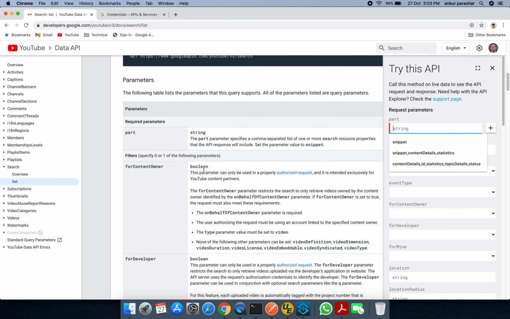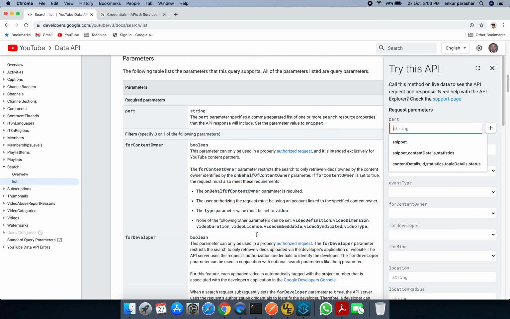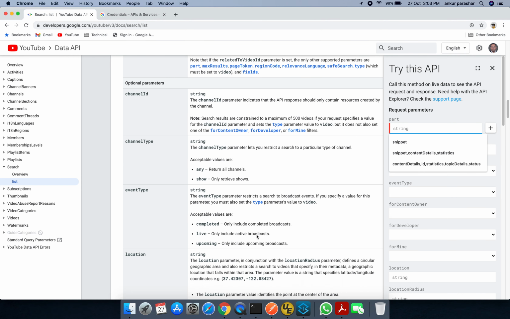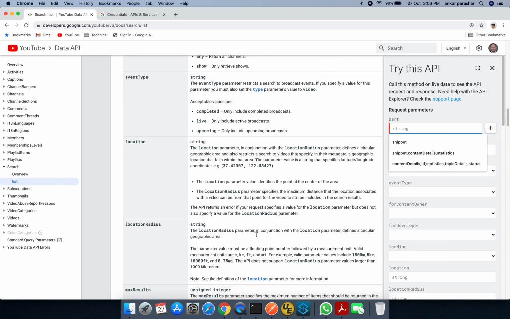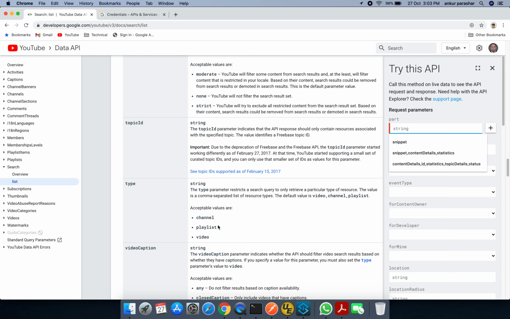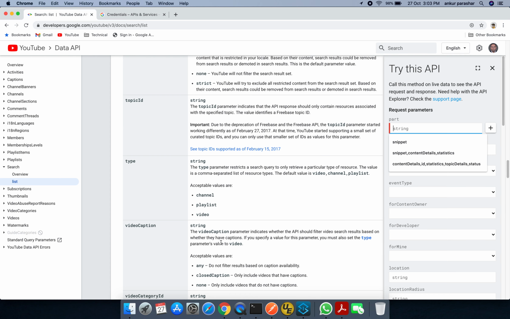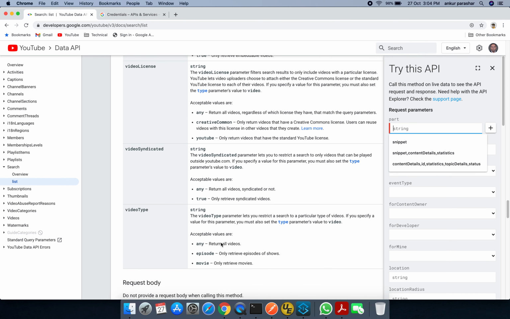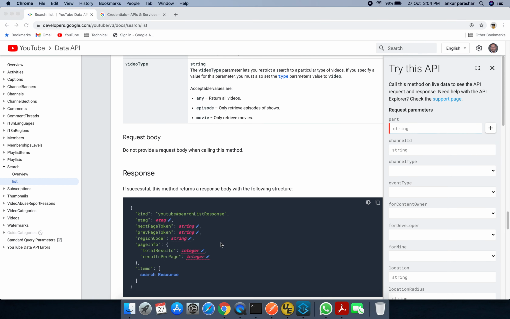If you go to this part of the documentation, it talks in detail about what different functions or values are applicable. Okay, queue, what is the type, channel, playlist, video, you want to filter. It's very descriptive in nature, but I will be picking up the specific one.